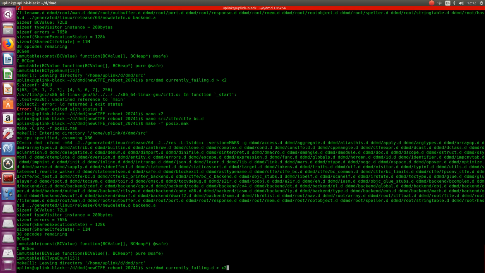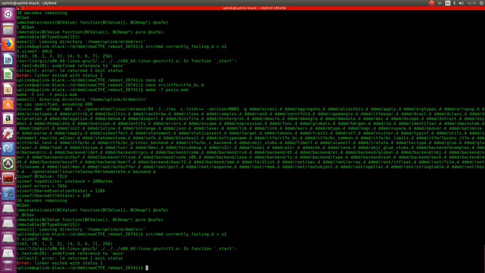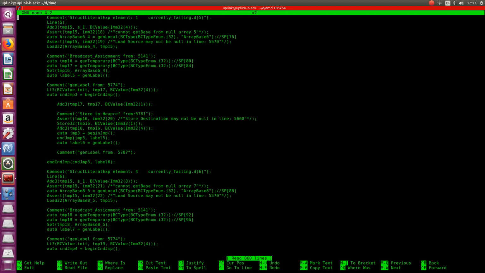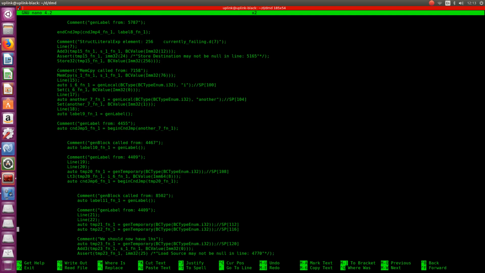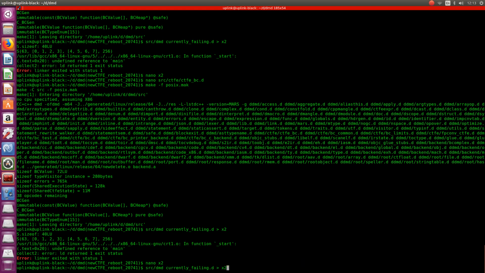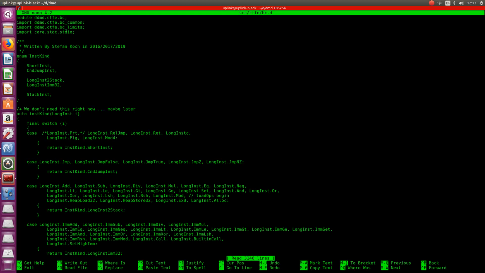And when we do this, but what? Right. Because we currently have the printer backend, nothing we do will actually change